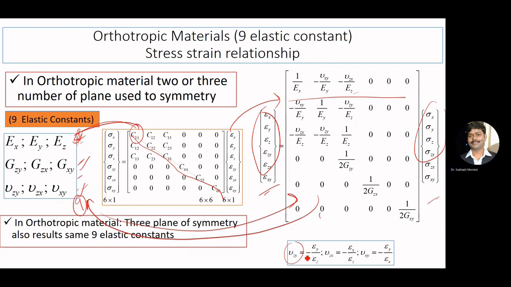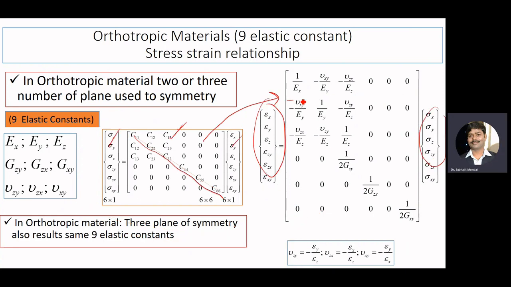Poisson ratio: nu zy is equal to minus epsilon y by epsilon z, nu zx is equal to minus epsilon x by epsilon z, and nu xy is equal to minus epsilon y by epsilon x. Okay, so here you just see